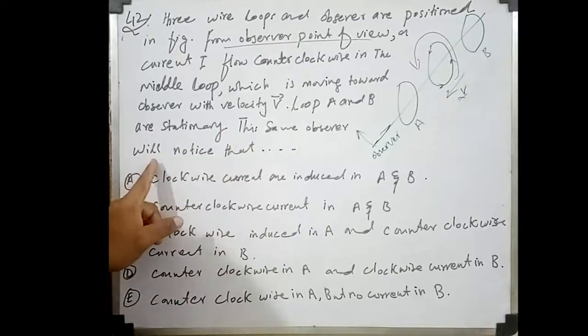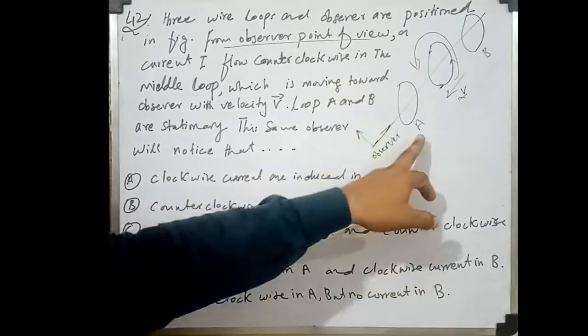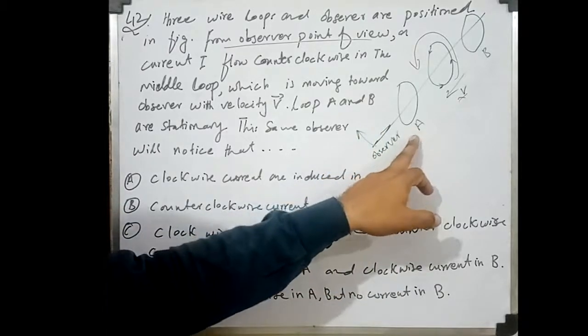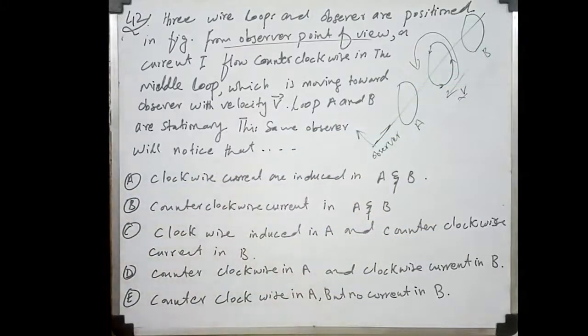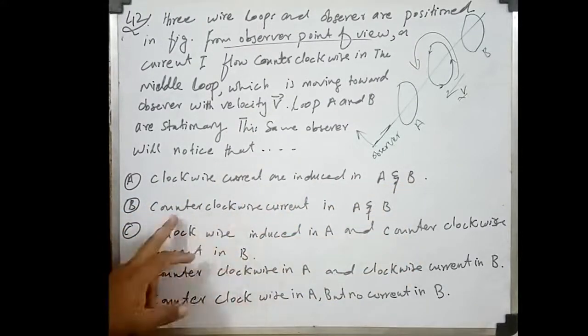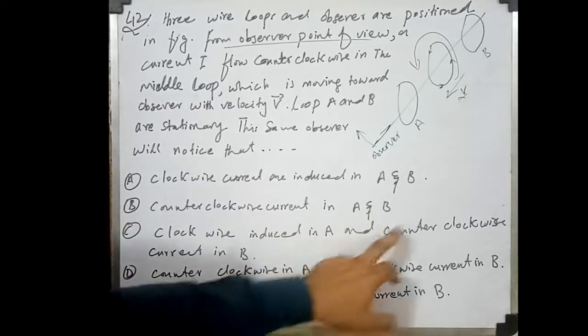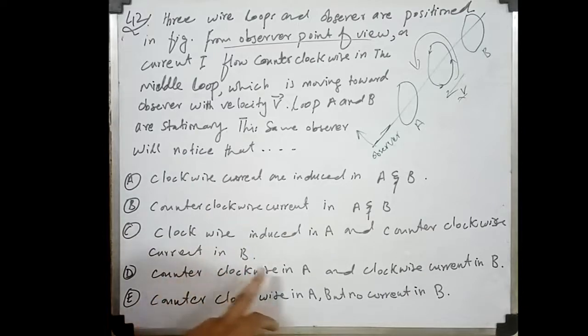The observer will notice which type of current in A and B. We have to find in which direction the current is induced in A and B. So we have 5 options: clockwise current in A and B, counterclockwise current in A and B, clockwise in A and counterclockwise in B, counterclockwise in A and clockwise in B, and the fifth option is counterclockwise in A but no current